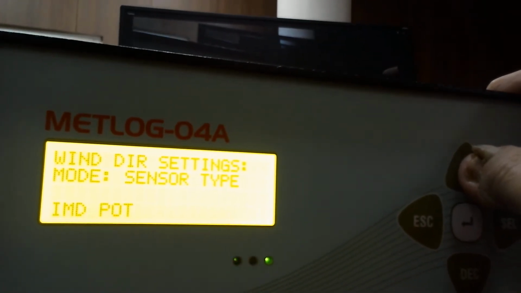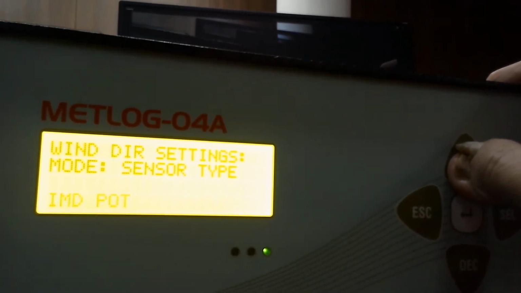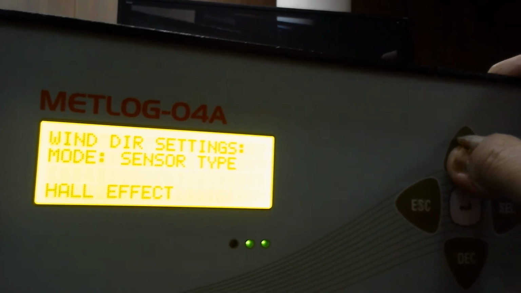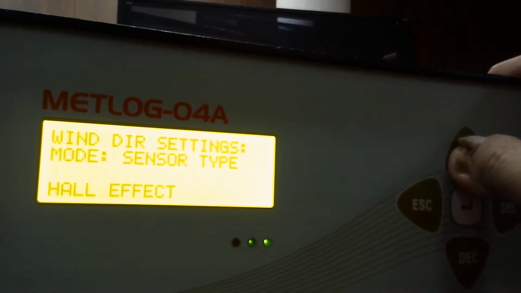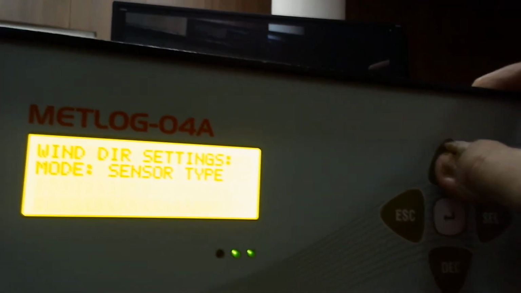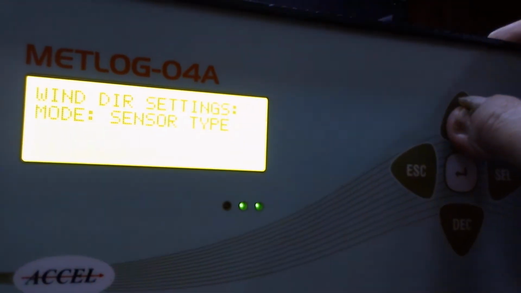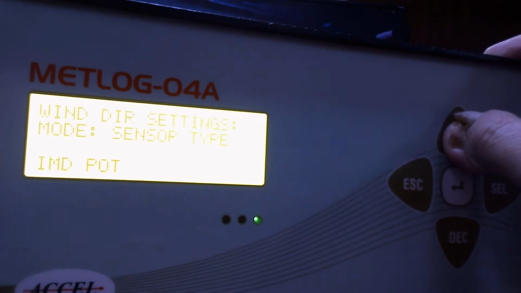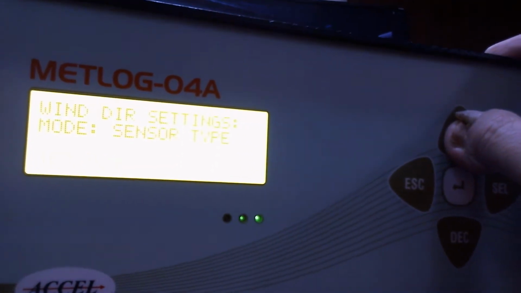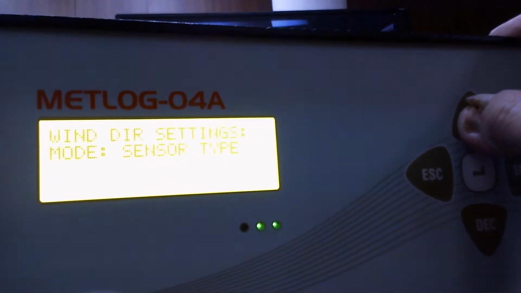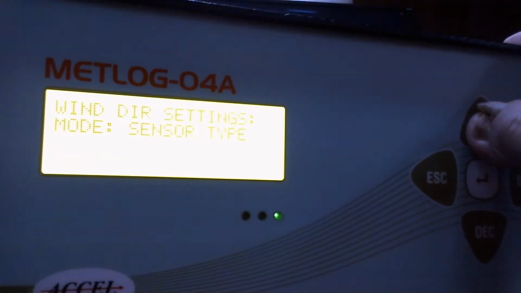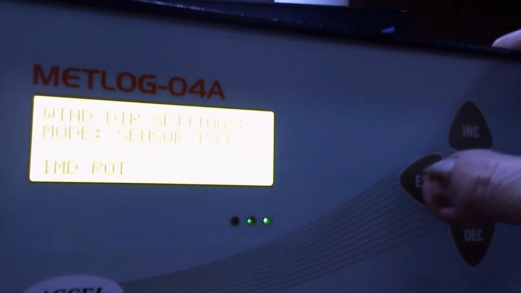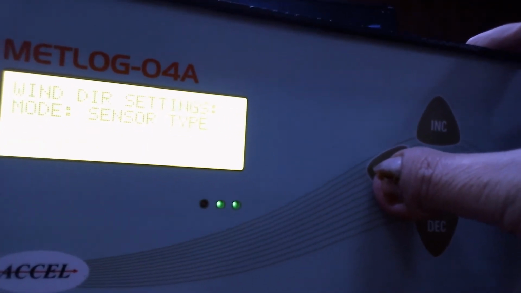To change, make use of the increment button. You will see Hall effect type of sensor. We are not using Hall effect type of sensor, so make it IMD pot. But here, as we have connected this ultrasonic wind sensor, it is a combined wind sensor, direction and speed. So we don't have to make changes in the wind direction configuration. Simply press the escape button and come out of that mode.